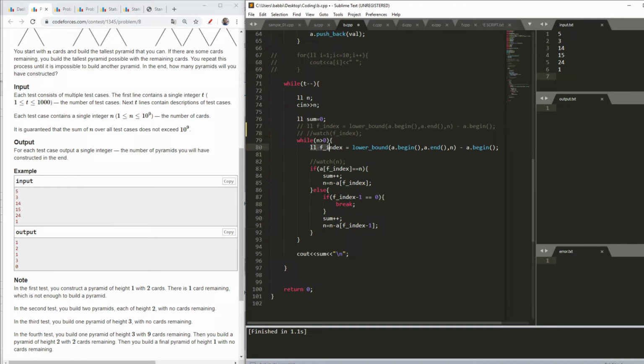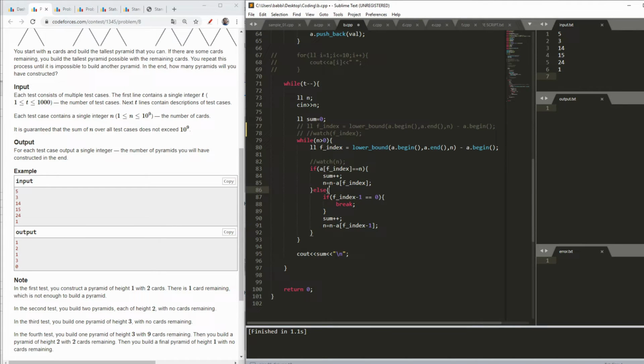I will check my index, which is lower bound of a begin, a end, n, minus a begin. So it will have the index of the value which is higher than or equal to the particular element n. If it is equal, then no problem, I will mark my sum plus plus, and I will subtract the value from n, because as it is equal, it will become 0 finally.